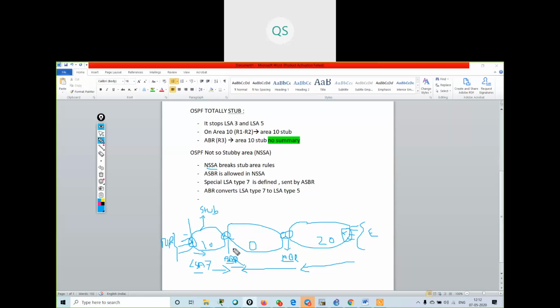It will convert this LSA 7 into LSA 5, sorry, into external LSA, and it will advertise it in all other areas. It will say these are the external routes. Understood? Getting me?